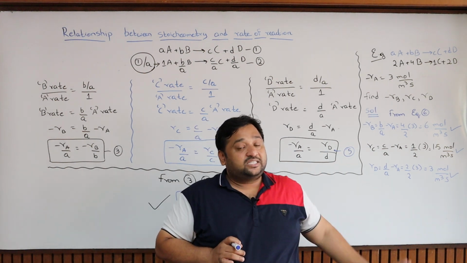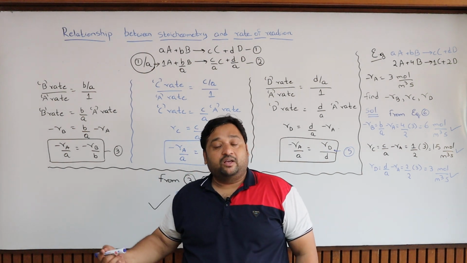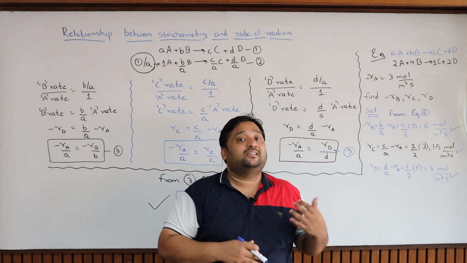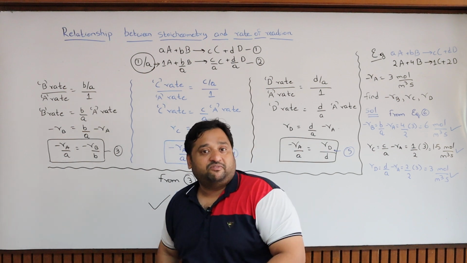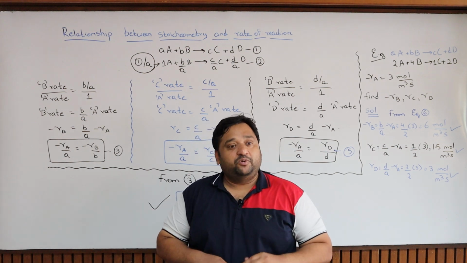In today's class we get to know, once you know the speed of one molecule, how to calculate the speed of the other molecules. Negative symbol for the reactants, positive symbol for the products. Okay, hope you understand